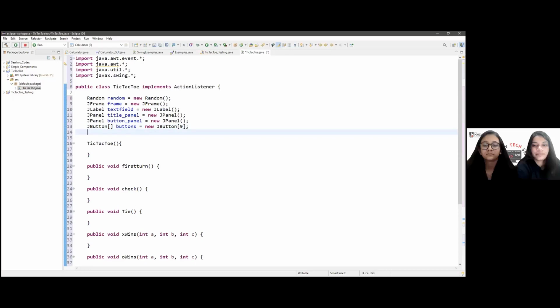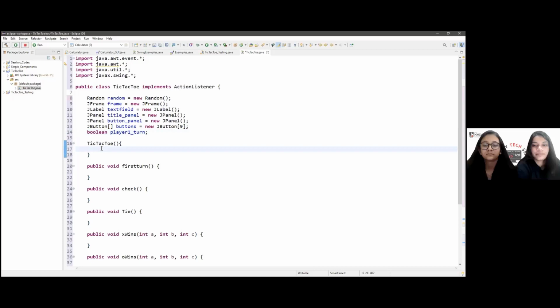And at the end we'll be creating a boolean variable which will be called player1_turn, which will determine whose turn it is. We don't need a boolean for player 2's turn because if player1_turn is false, then it is automatically player 2's turn and vice versa. So that would be everything we need to declare before we move on to a constructor for the tic-tac-toe game.